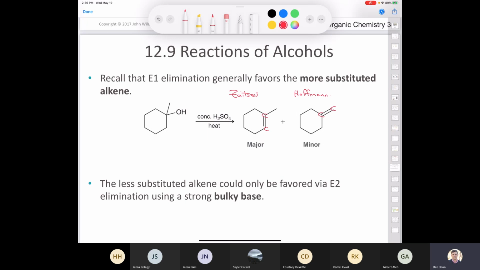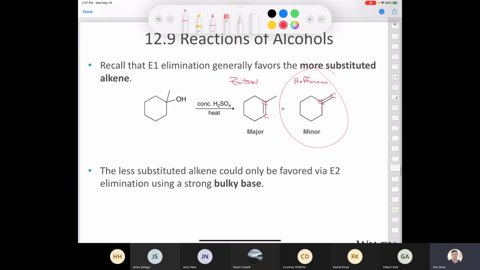Right, this is a di-substituted alkene. So when you do this reaction, and it's one of my favorite reactions, when you treat it with that strong acid and you just heat it up, you're always going to make the Zaitsev as the major product. It's going to be the thermodynamic product, right? And you're heating it, so there you go. The less substituted alkene could only be favored